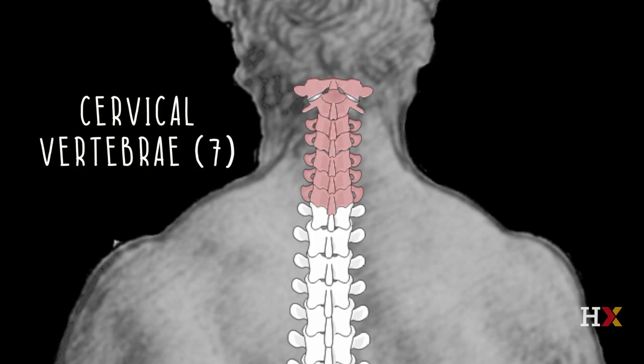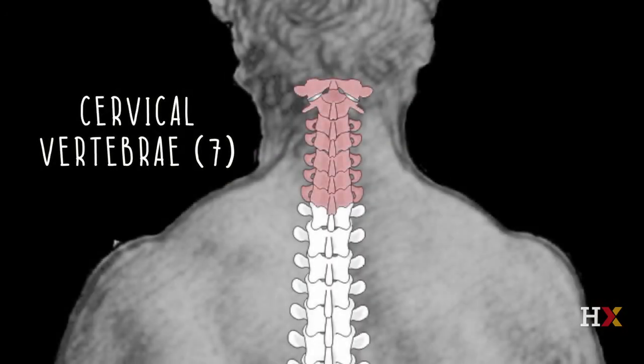So in mythology, Atlas was holding up the weight of the world on his shoulders. And then right beneath that is the axis vertebra, which enables the head to pivot. So we teach the first year medical students that the joint between the skull and the atlas vertebra is the yes joint, because it enables you to flex and extend your neck. And the joint between the atlas vertebra and the axis vertebra is the no joint because it enables you to